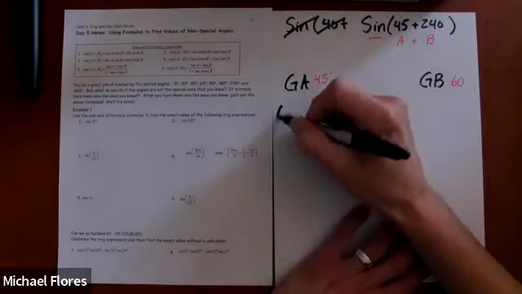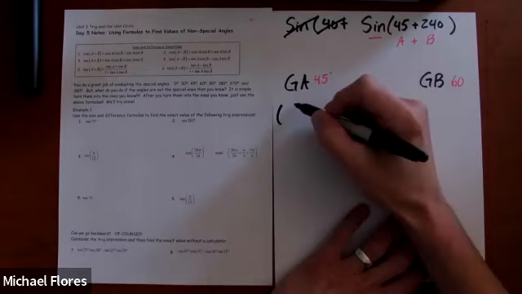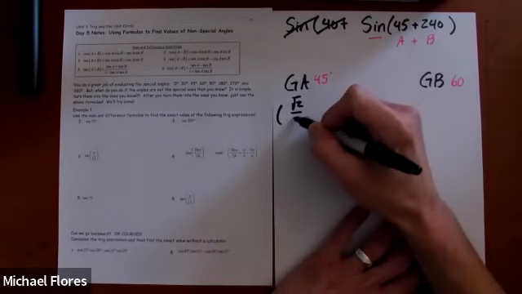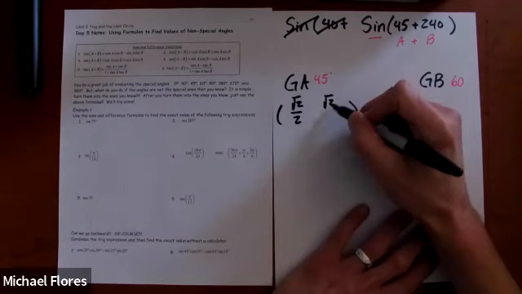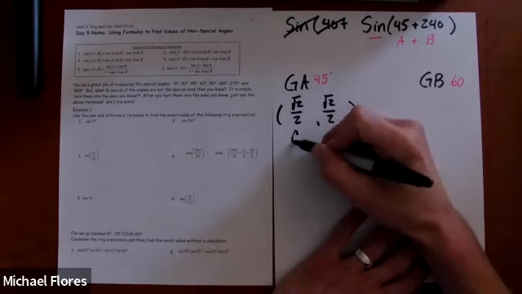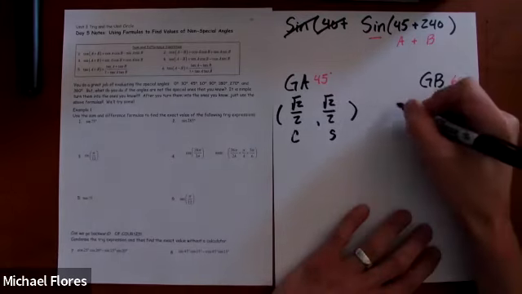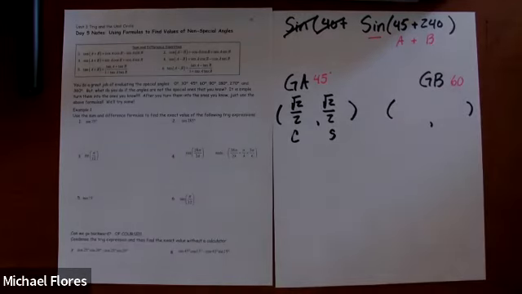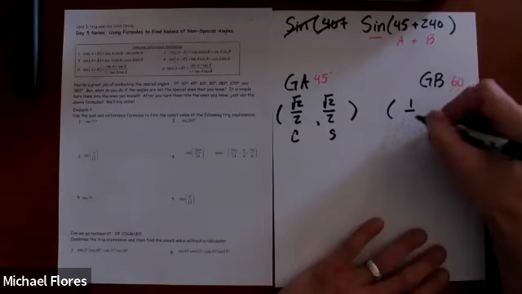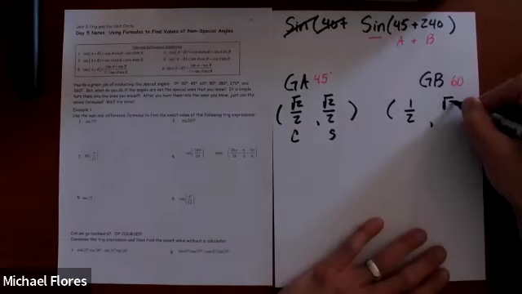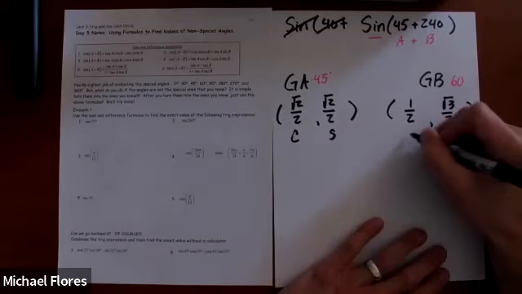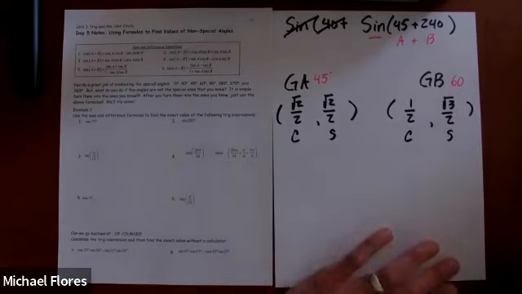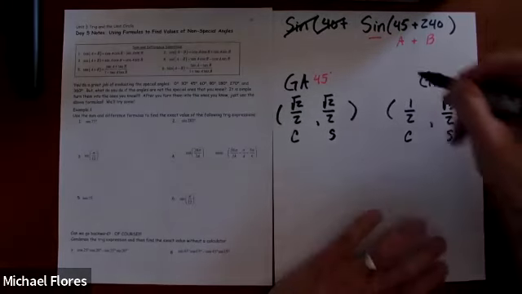All right. For the 45-degree family, your cosine and sine are root 2 over 2. Root 2 over 2. Cosine. Sine. For the 60-degree family, those values are 1/2 and root 3 over 2. Cosine, sine. But wait,